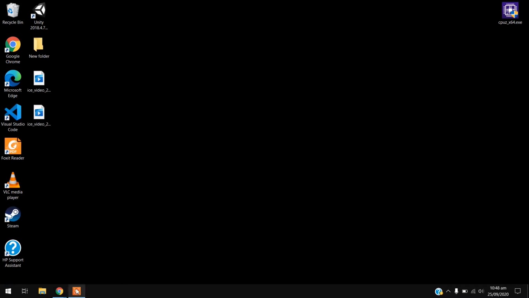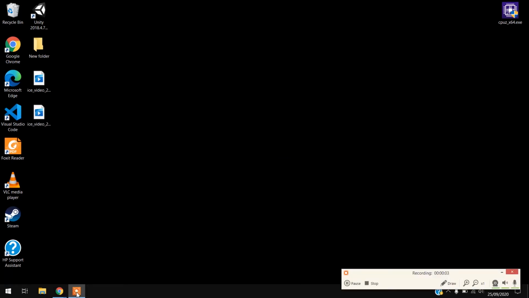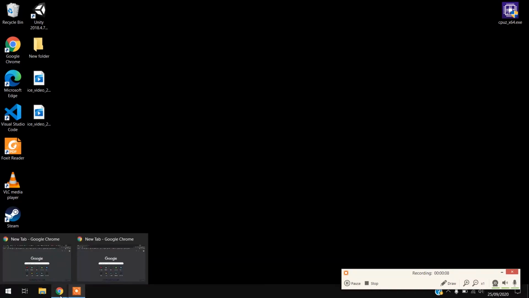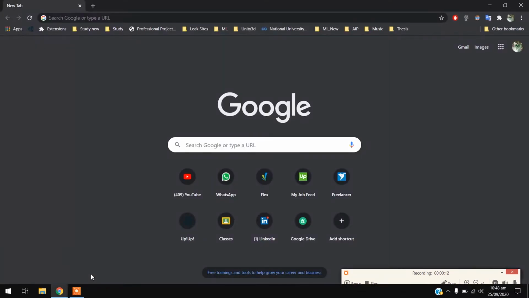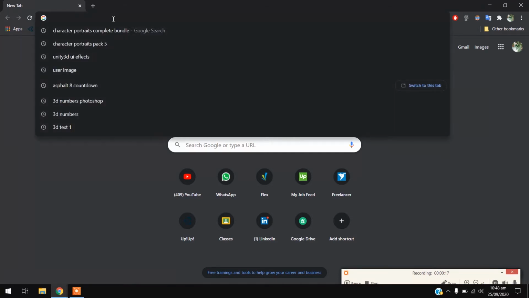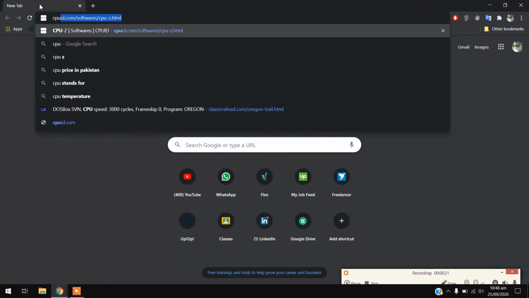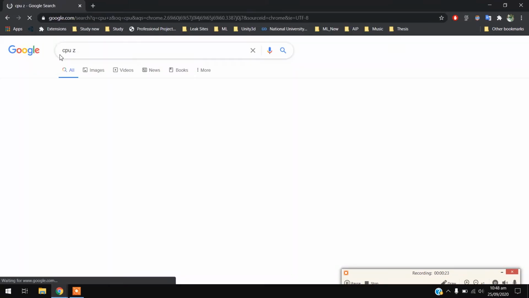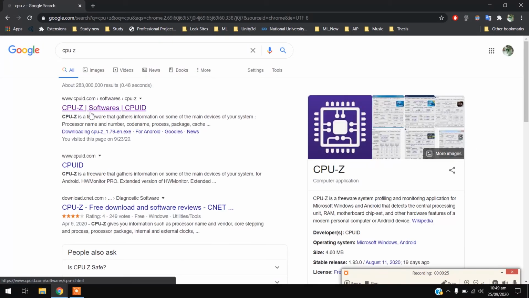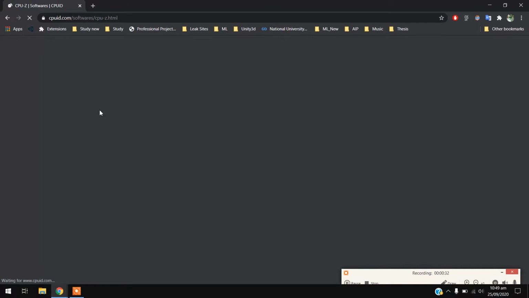You find the information about the system specification, then we need to install the CPU-Z software. And then how to download the CPU-Z software. First of all, you go to a web browser and write down CPU-Z. After the CPU-Z software tab opens here, we click on the first tab, and after this there are various